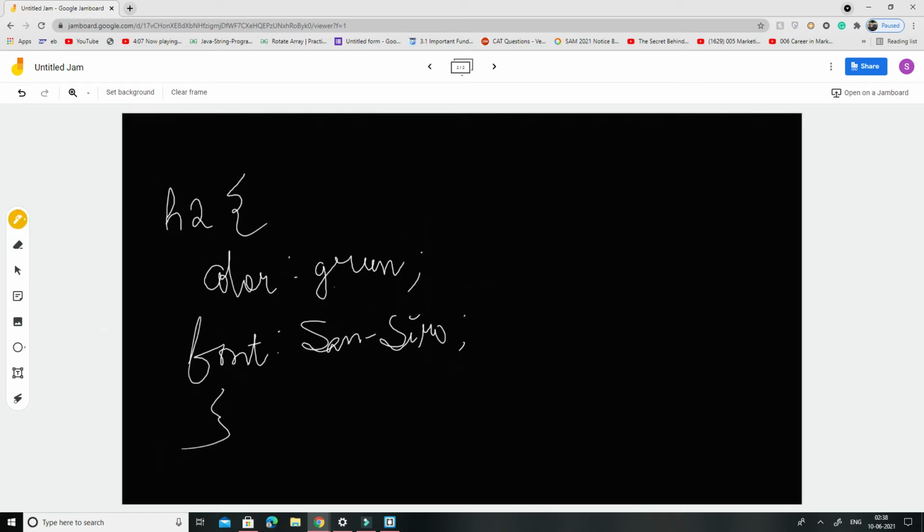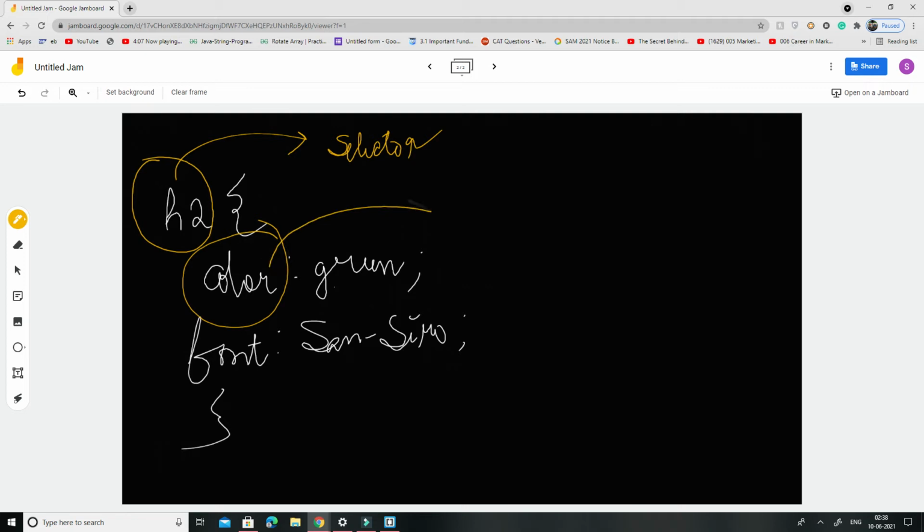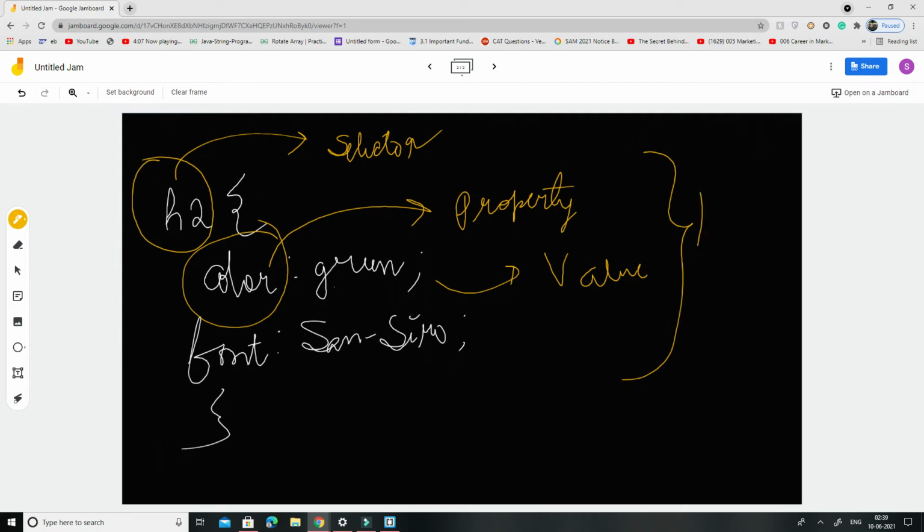So now we can say that this is called the selector, which you are selecting to apply your style properties. This is the property which you want to apply to the selector. And this is the value which you have assigned to the property, and this whole thing is called a declaration.